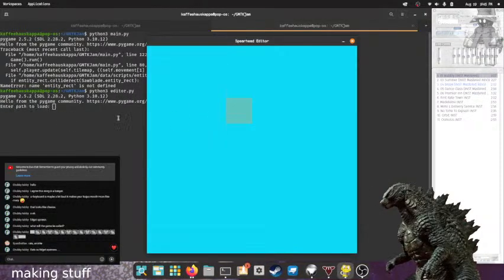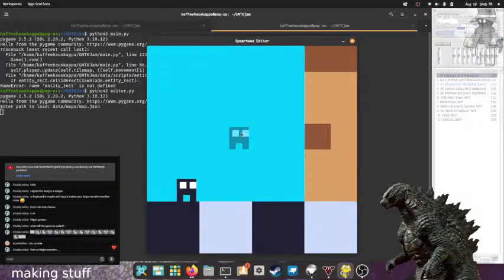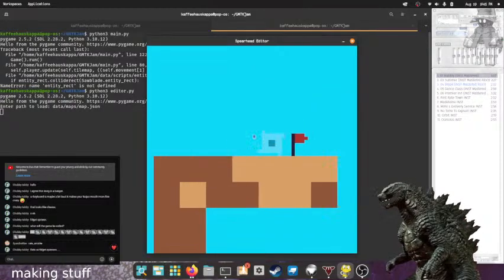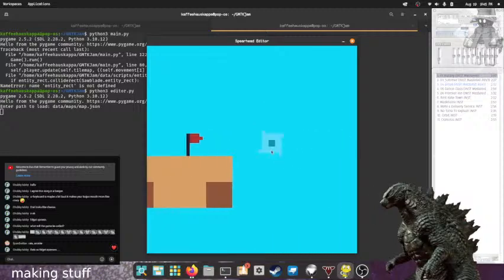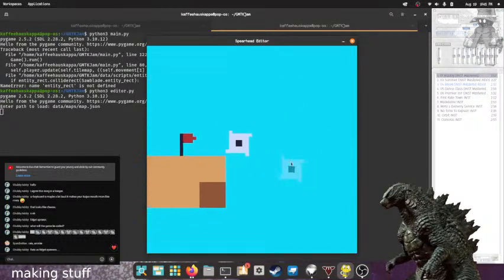So let's open up data/maps/map.json just to make sure they load. I haven't actually checked that. So I'll add one right here. Right here. Just kind of vibe in there.